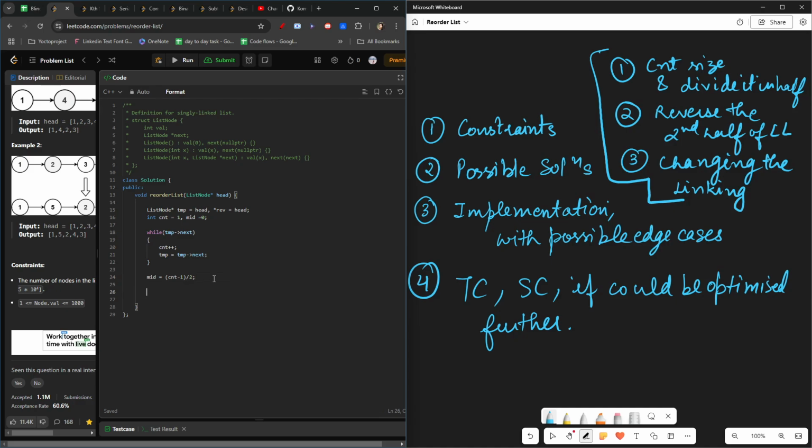Now comes the part where we start our work for the reversal. For that purpose, this ref pointer which I have taken, I need to make sure that it reaches the midpoint of the linked list. And also I'll take one more pointer,